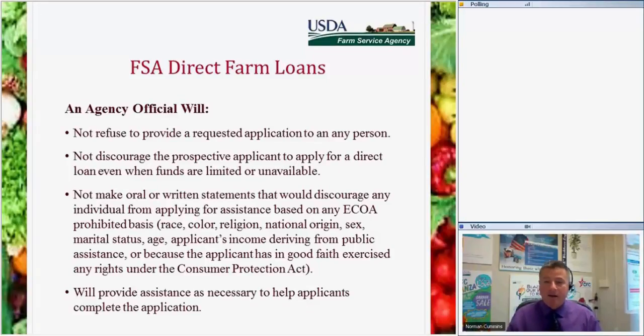We take this to heart. If I get calls like this, I take it personally. I don't like seeing that. I'm all about supporting the farmer, and I love startups. That was one of my favorite things to do: when we make a loan, come back a year later and watch these farms in operation.